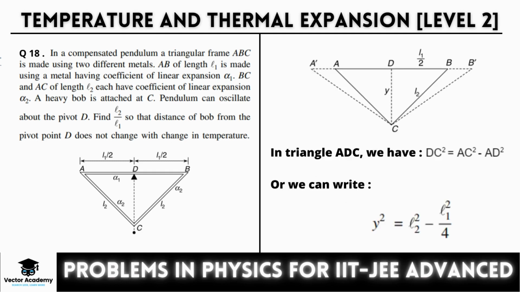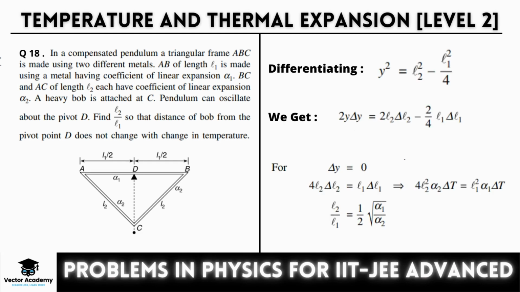In triangle ADC, we have DC square equals AC square minus AD square. Or we can write y square equals L2 square minus L1 square upon 4. Differentiating both sides we get 2y delta y equals 2L2 delta L2 minus 2 by 4 L1 delta L1. Since